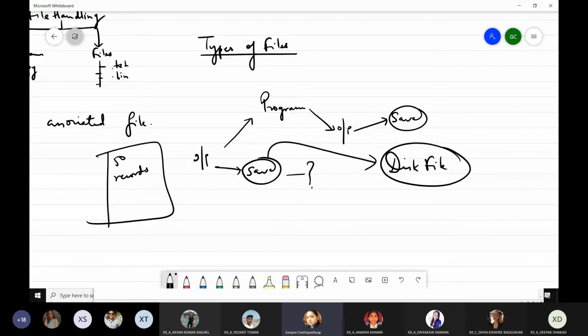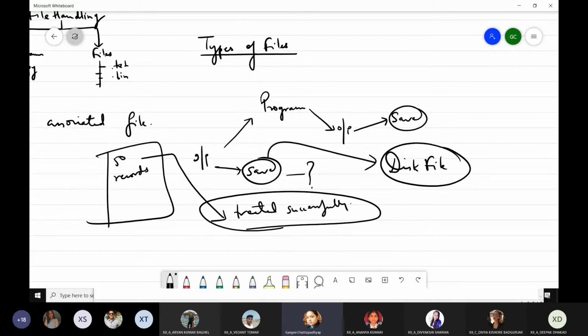Now later on, when I need to get a report on how many patients were treated successfully, whose treatments were completed, it will be very easy for me to just run a program to process all these 50 records so that I can get the required information quickly, right? This will help save my time. Understood?